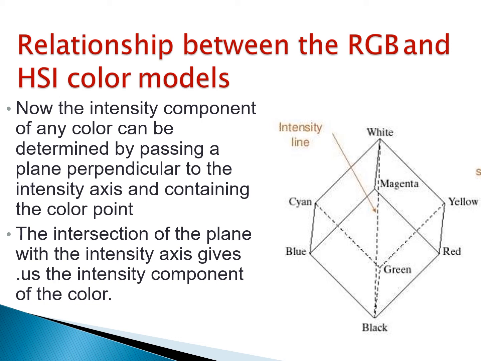We can also note from this picture that, with a little thought, the saturation of a color increases as a function of distance from the intensity axis. So in fact, the saturation of the points on the intensity axis will be 0, as can be seen by the fact that all the points along this axis are gray.